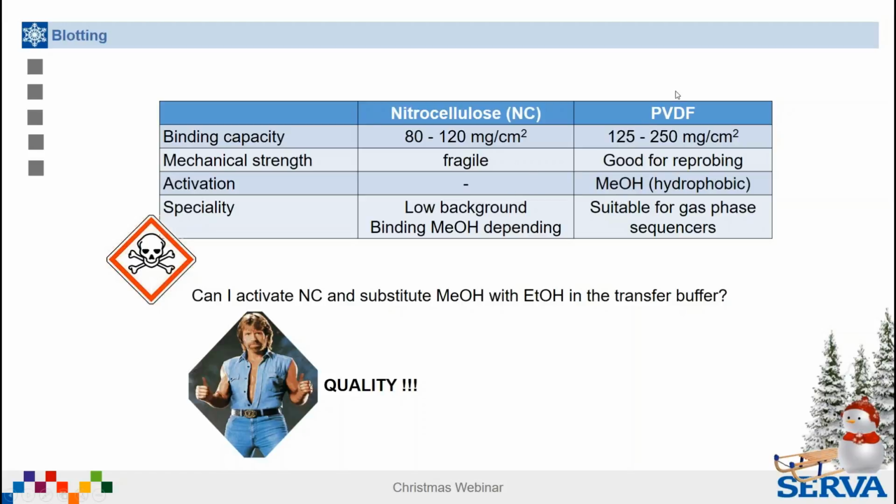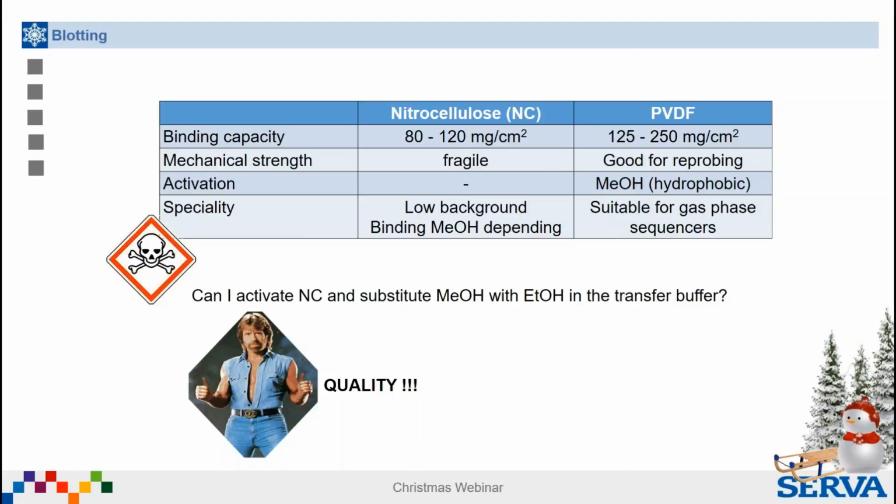The disadvantage of the PVDF is that you have to activate it with methanol. Why do you have to do this? Well, the PVDF membrane is hydrophobic. So if you do nothing with it, and it happened to me once in the lab, so I'm not free of errors, I forgot it. I put on my sandwich, and after the time of blotting I found nothing, absolutely nothing on my PVDF, because